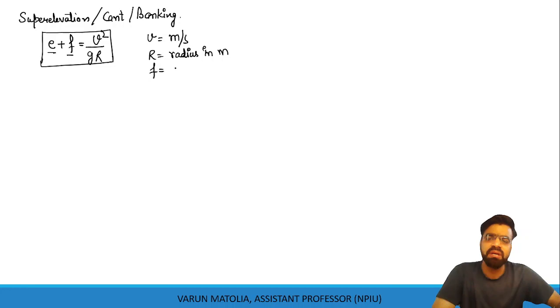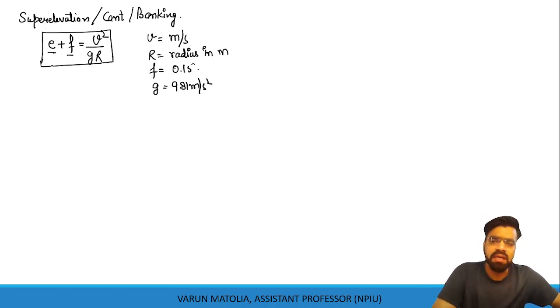F with a limiting value of 0.15. So these were the terms. G was 9.81 meter per second square. These were the terminology or labels which we used to calculate the super elevation. The super elevation value calculated here